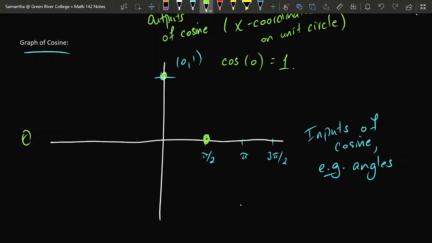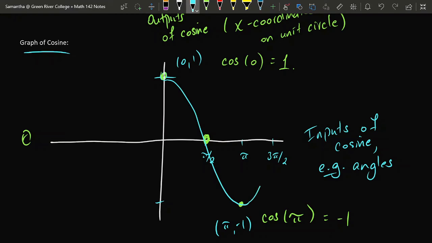We also know that cosine of pi points to the left side of the unit circle, so the output is -1. And on the graph, we would represent that by plotting a point whose horizontal value was pi, and whose output was -1. So if you begin to connect the dots after drawing more and more of these inputs, you begin to get this same wave shape that we saw for sine.